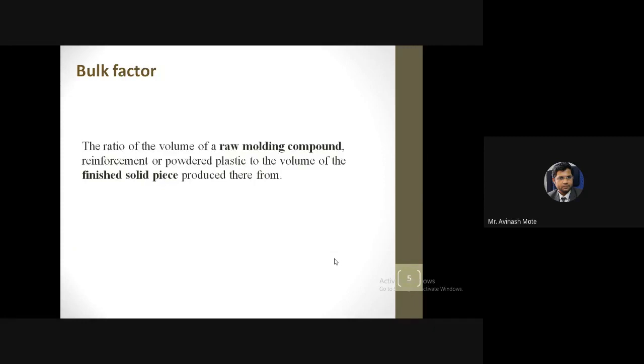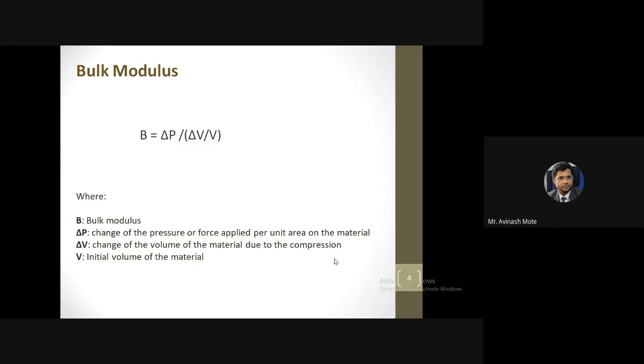Here we are having the bulk factor. Now this is a similar way, not the same, bulk factor and bulk modulus. In the bulk modulus we had studied that when we apply pressure on a particular material in a heated condition, or the molten material, then in the denominator, if you see, it is a volumetric strain. Strain means what? The change in the dimensions, a change in the dimension parameters.